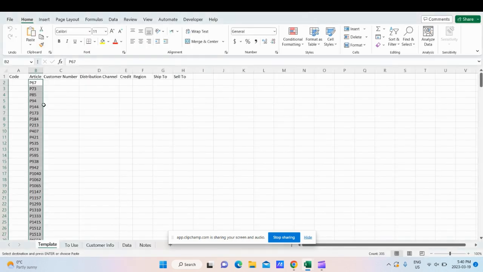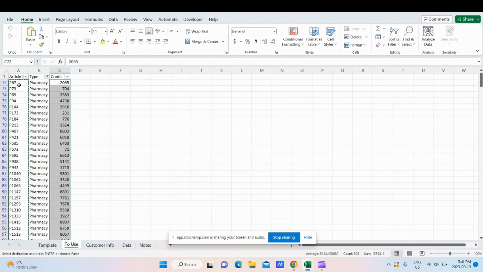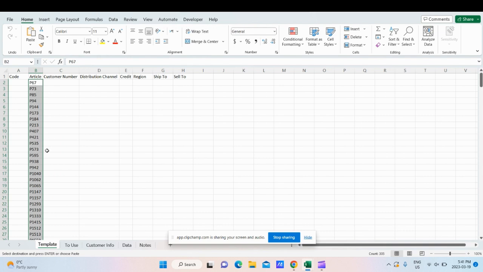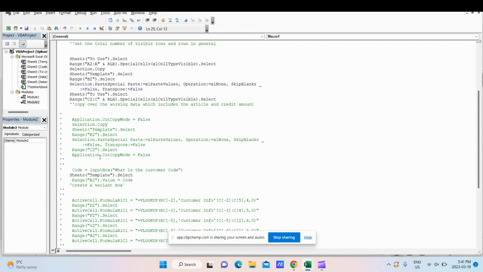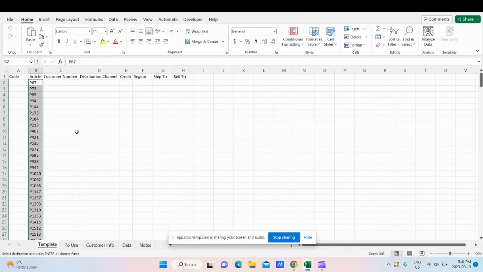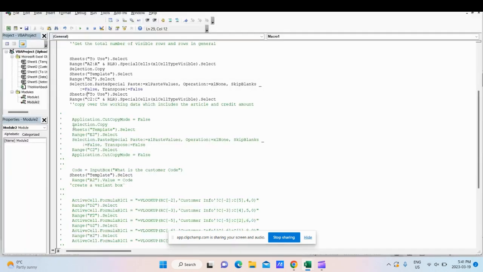Okay, see, we copied all articles. So everything from column A, all from A to the end of the range, whatever is visible, we've copied it over to column B in the template tab. Similarly, we're going to do the same thing for the credit amount in the to use tab. See? So what we're going to do is we're going to